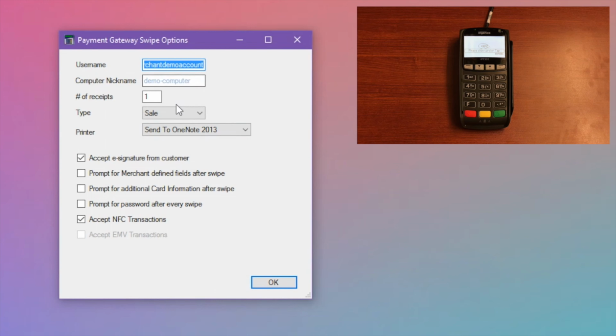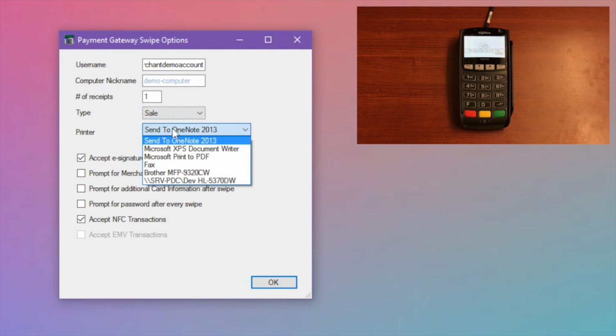You can change the computer name, which will change what shows up in your transaction history. You can change the number of receipts that are printed. We default to 1, but you can enter as many as you'd like. Type of transaction is where you can decide what happens when you swipe a card. The default is to run a sale. However, you can change this to authorization only, or if it's active on your account, you can add the customer to the vault. The Select Printer dropdown will show you a list of all printers connected to your computer, and